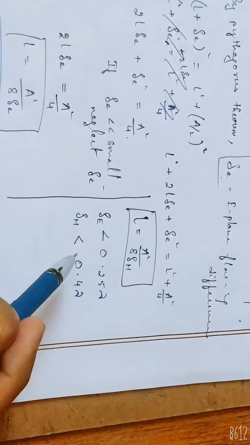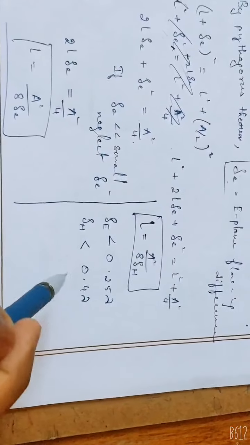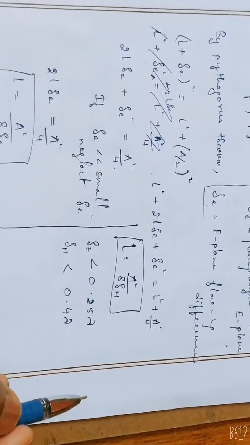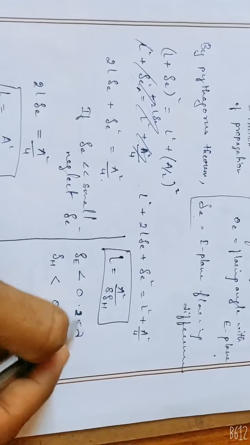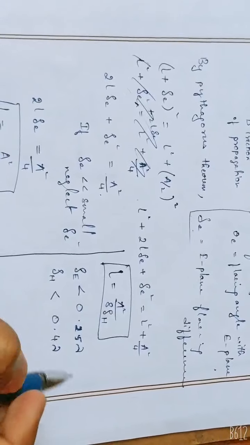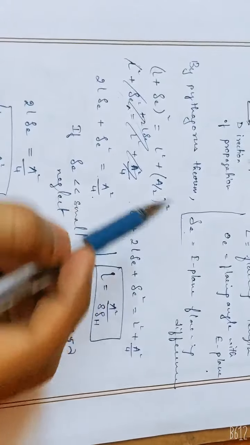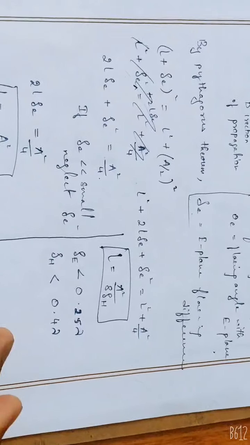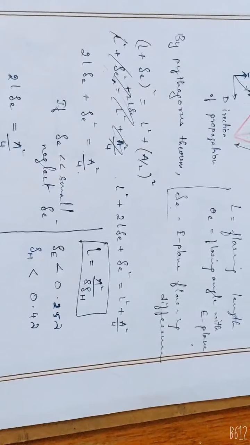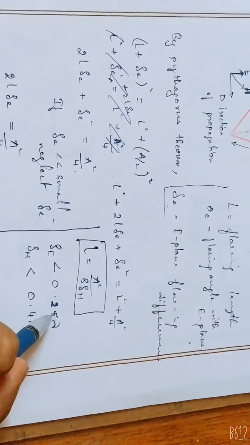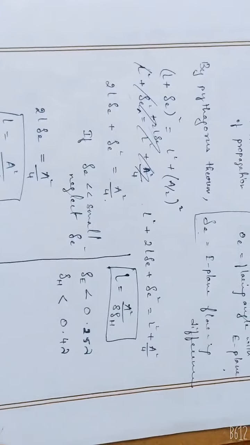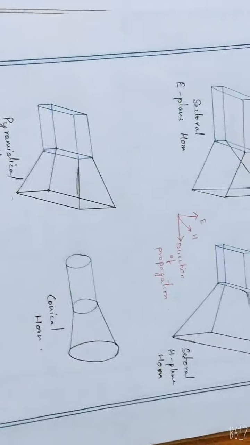If we do not focus on this, then the horn antenna will not function as we want it to be. So these values should not exceed 0.25 lambda and 0.4 lambda. If we exceed these values, then the horn antenna will not function properly. In order to have perfect functionality of this horn antenna, we need to keep it less than or equal to these two values. Now we are going to proceed with the types of horn antennas.